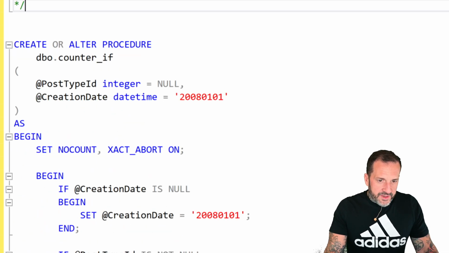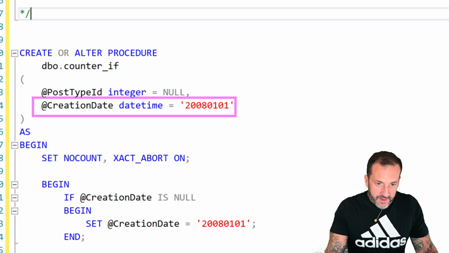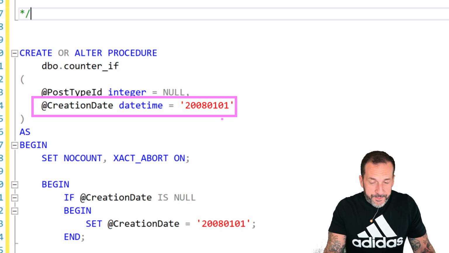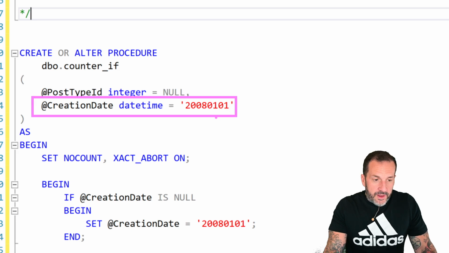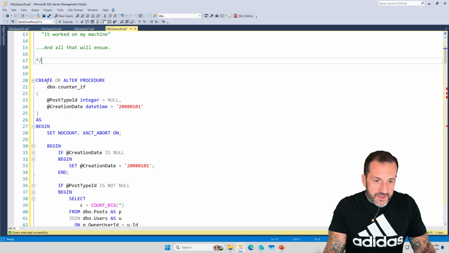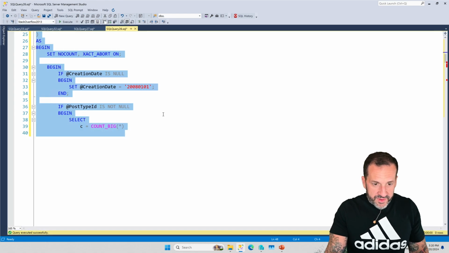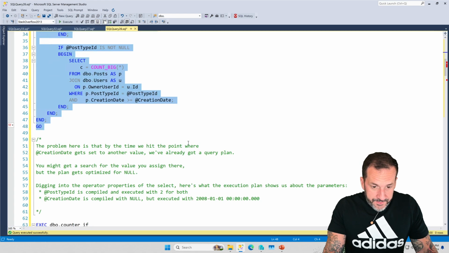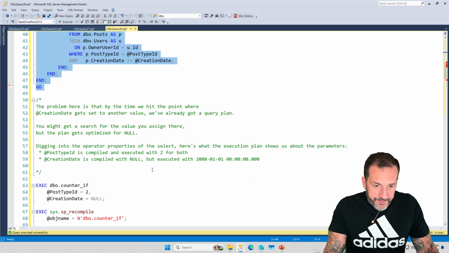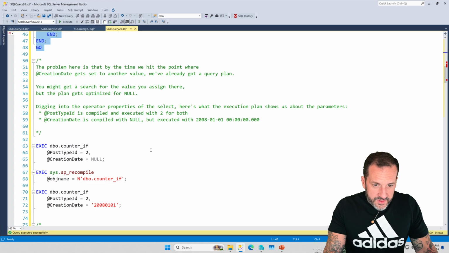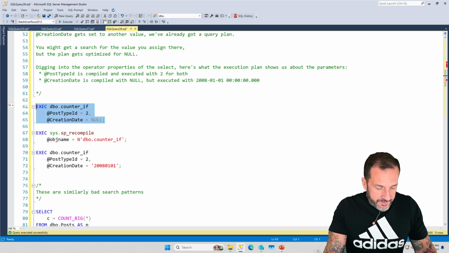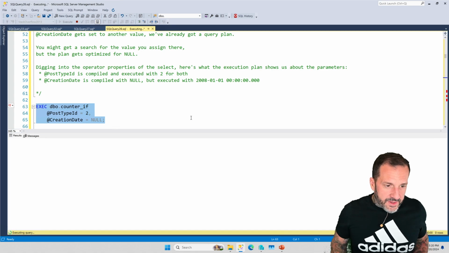Up here in the stored procedure definition, I'm even giving creation date a default value. The problem is that neither one of these things override an explicit passed in value when the stored procedure executes, right? So what I'm going to do is show you exactly what happens via this magic.